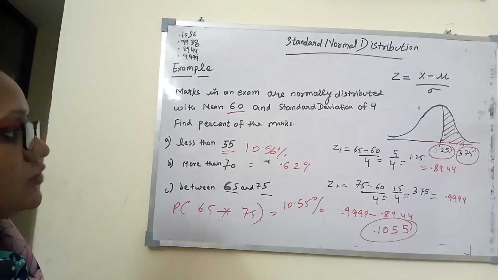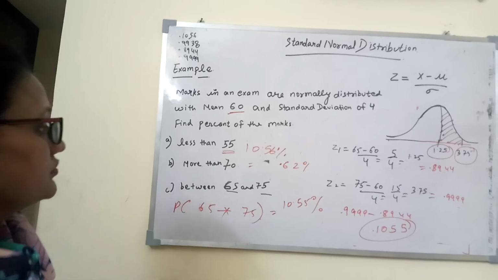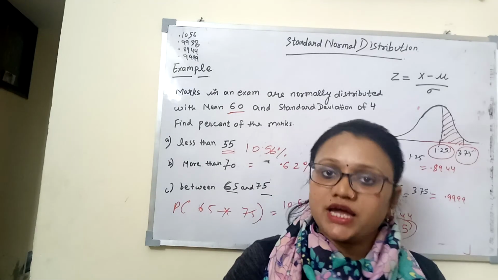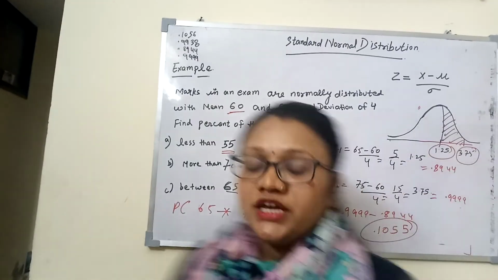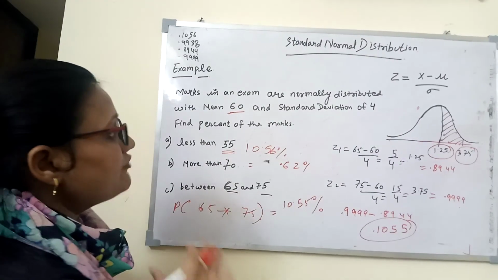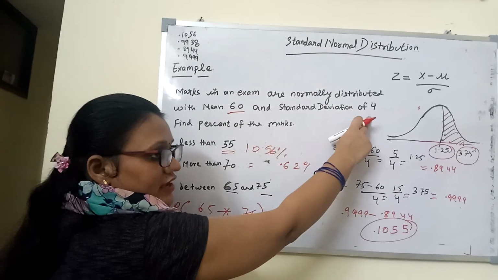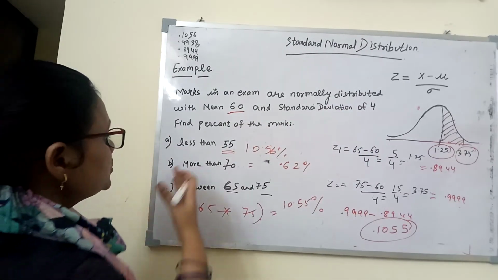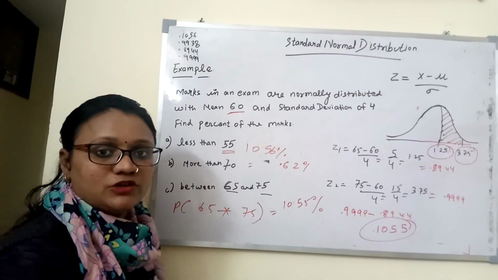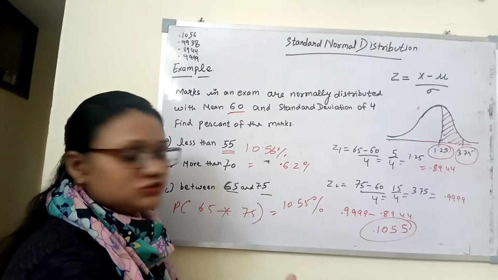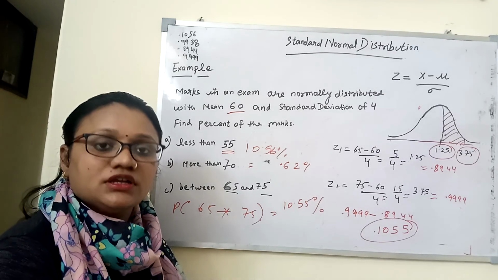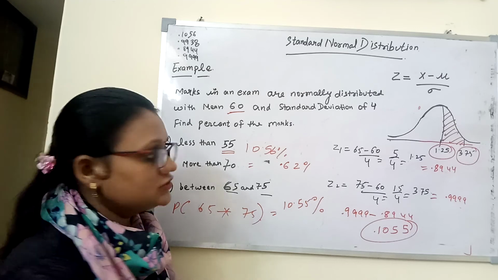This is how we calculate probability in these three cases. Now a quick recap. We have to write the formula, then identify what the mean and standard deviation are. Then we see what the question is asking. In the case of less than, we just substitute the values and read the probability from the z table, and that will be our answer. In case of more than, we find the value from the z table and then subtract that probability from 1. So that will be our answer.